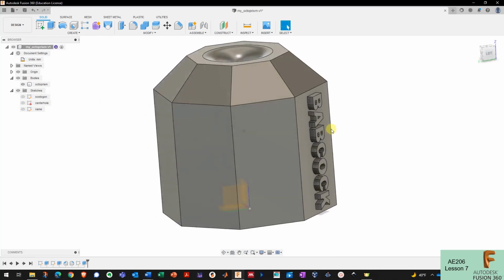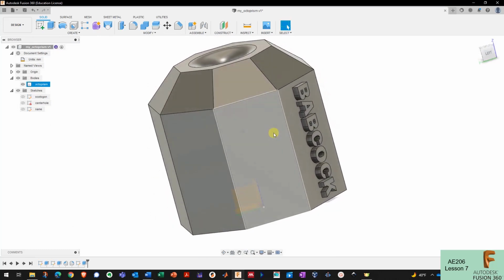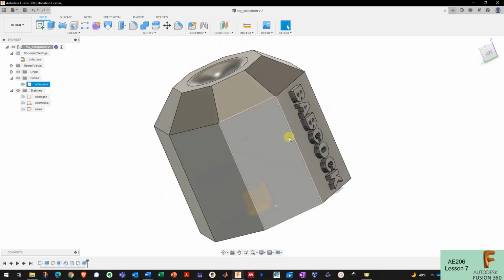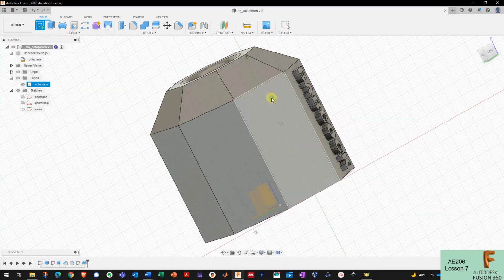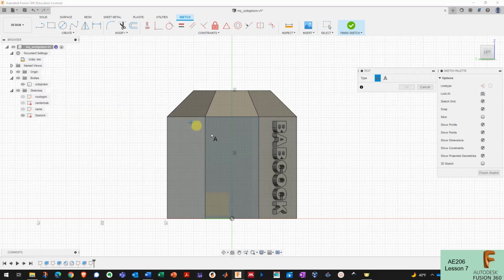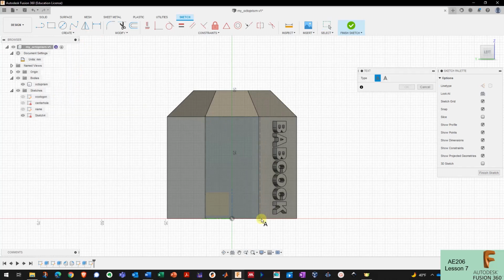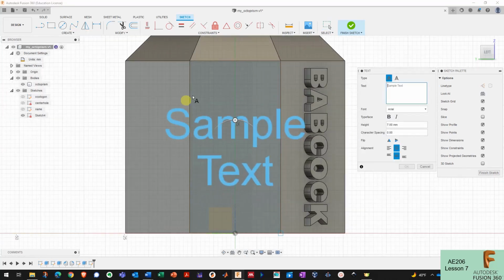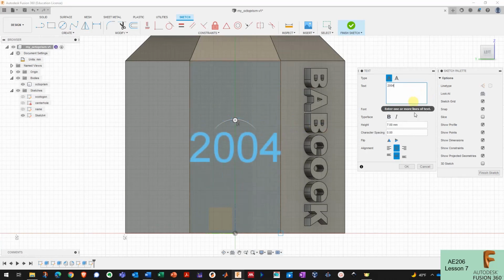So we're going to repeat this for the class year, and so you pick any face to do your class year on. I'm going to create a new sketch on this face right here, and I'll just add my year to this face right here. So I'm going to use the text tool again. I'm going to draw my box across the whole face here. I'm going to type in my class year, and I'm going to go alignment center and middle,